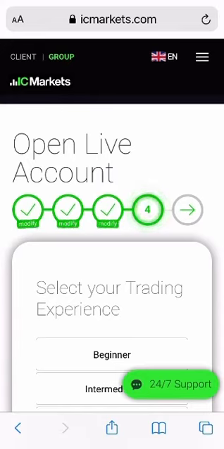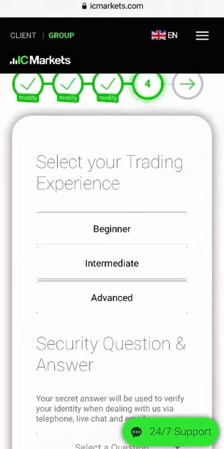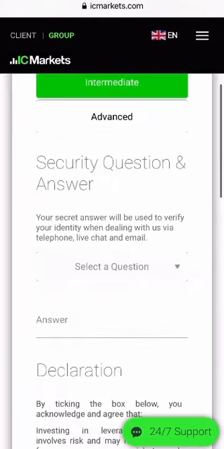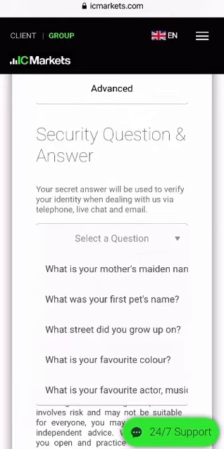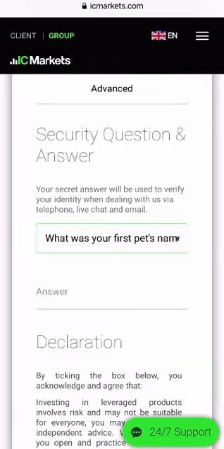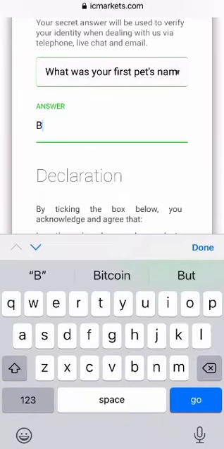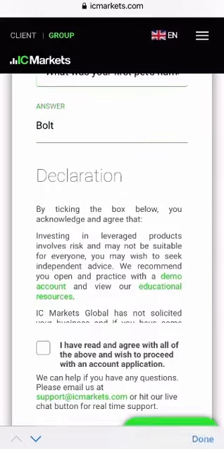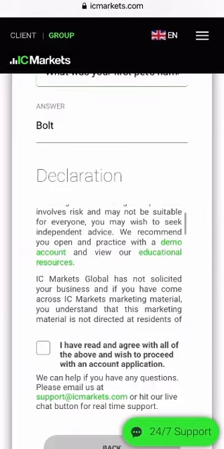So now we select our trading experience. Again, this information will depend on you as a person, what you want to go for. But if I just put some details in here, you can follow this example, or you can use your own information when you come onto this page. So I'm going to choose intermediate. It will then ask you for a security question like, what is your mother's maiden name, first pet, what street did you grow up on, and so on. Let me just go for what is your first pet's name. If I just choose, let's say Bolt, for example,